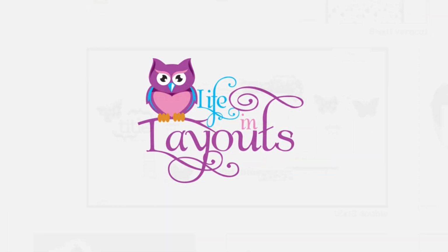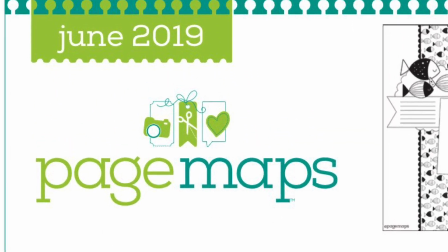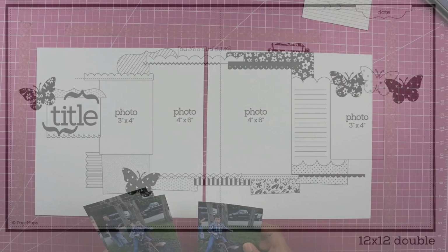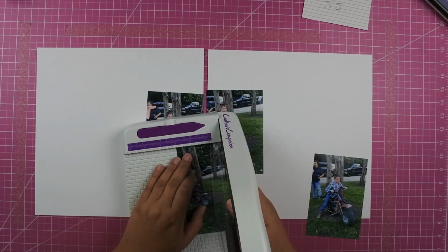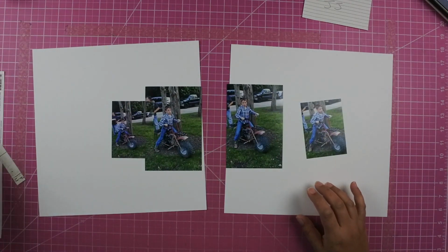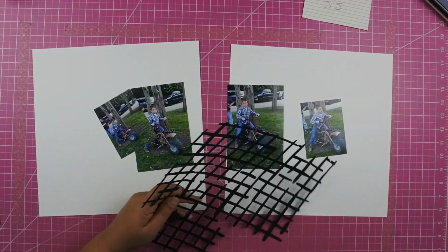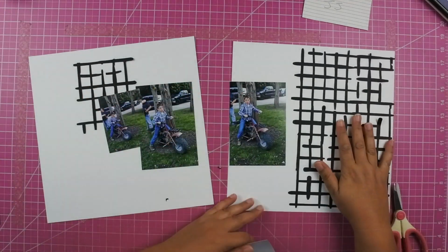This is Lisa from Life in Layouts, and I have another double page layout for you using page maps from June of 2019. So this is the double page sketch that I am going to be using, and I am pulling out my Secret Not Secret Kit Club kit from the kit that I used for the Love of Crafting and Sharing monthly kit last month, and I still had some leftover, so I thought, why not go ahead and